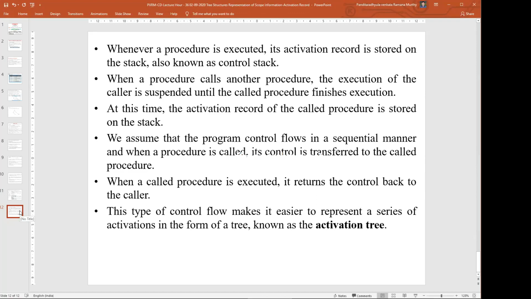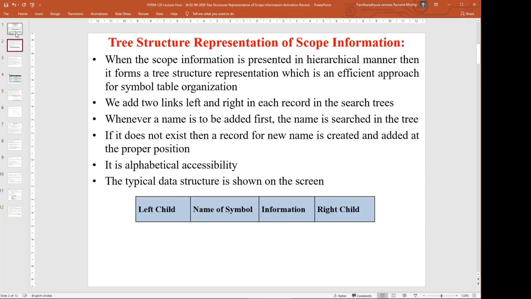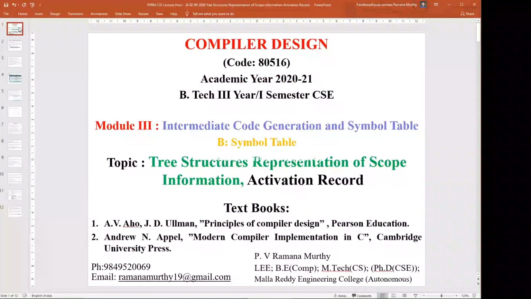This is related to the scope of a variable, in the tree structure form. How are we maintaining the activation records based on caller and called functions?